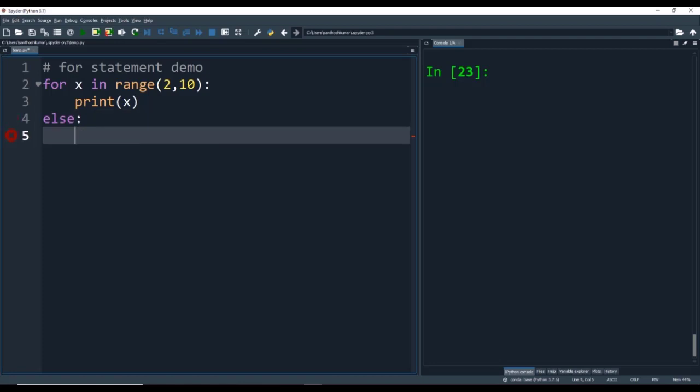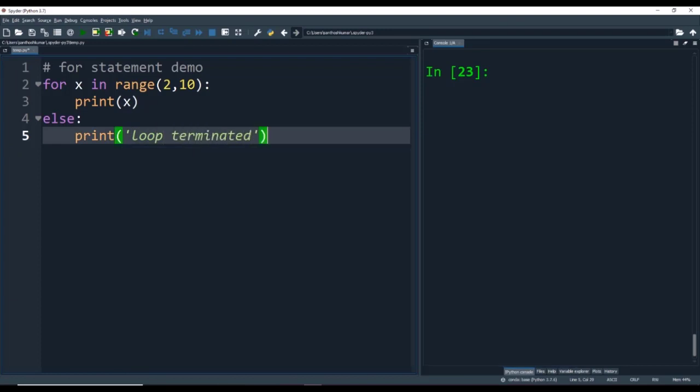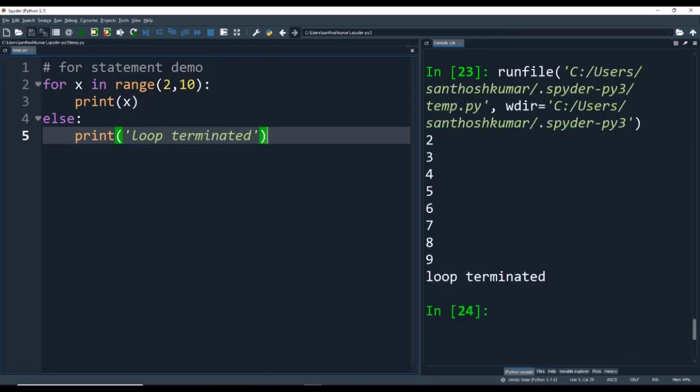When I run this piece of code, I'll get the values displayed from 2 through 9 because of the print x statement, and after 9 is printed, the iteration is exhausted, and so the else is executed, and hence the print loop terminated statement is executed, and you can see the same in the display.